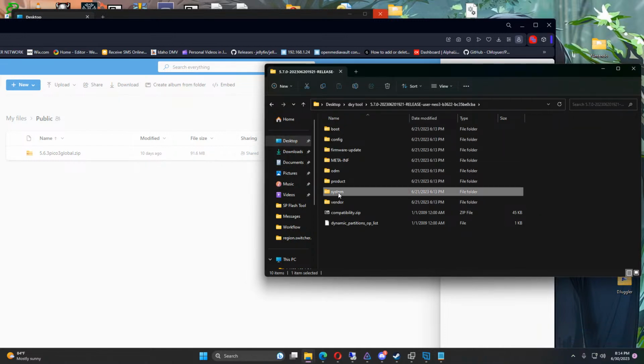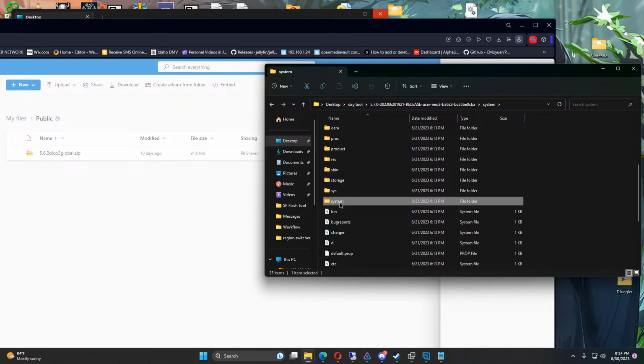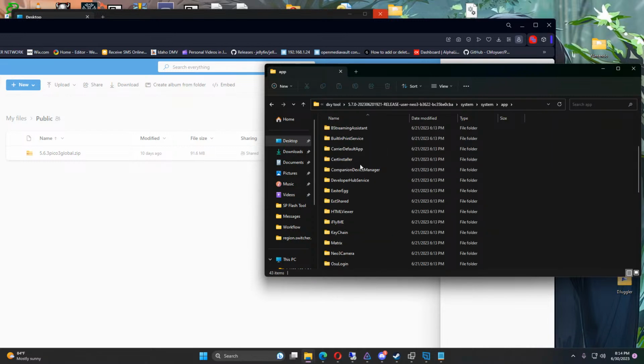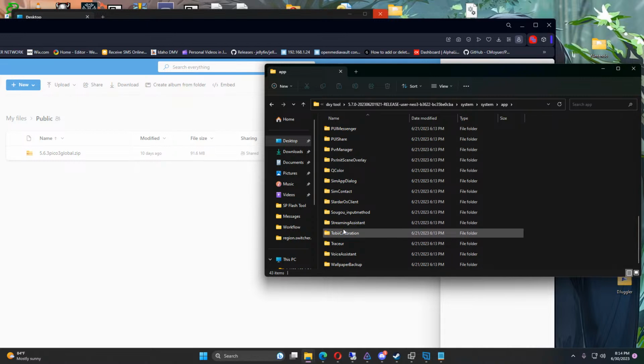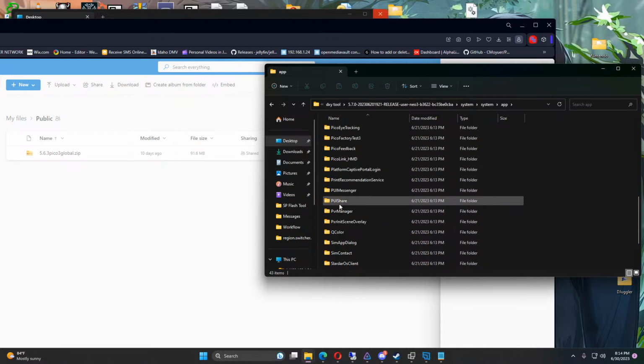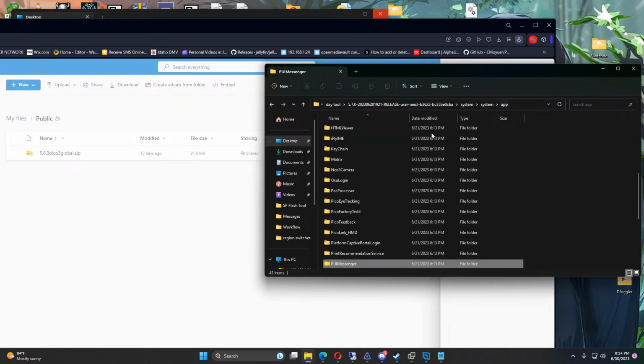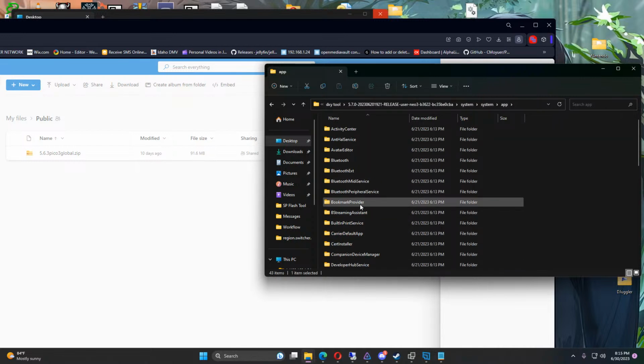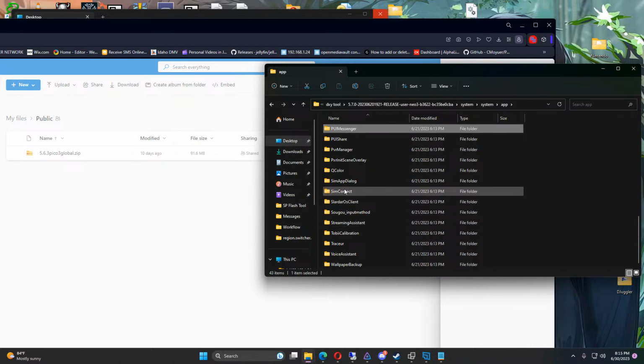Then you go into system, then system again, then apps, and it shows all the apps, and then you can go in and like PUI messenger, and I could have probably just grabbed the messenger or the store from here and dropped it in, because literally